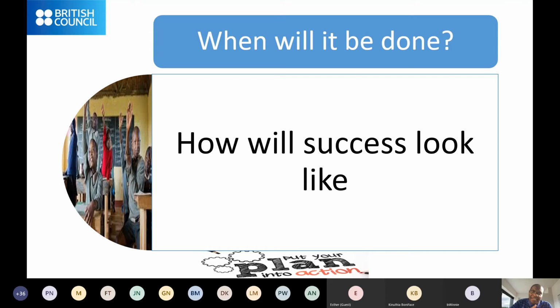Because when you put everything in how the success will look like, it helps for us to understand that when we come to check, or when you check, or when your supervisor checks, you'll be able to see, am I 40%? Am I 50%? Am I 70%? Or am I 100%? So it's a good reflective aspect, which tells you, where am I?